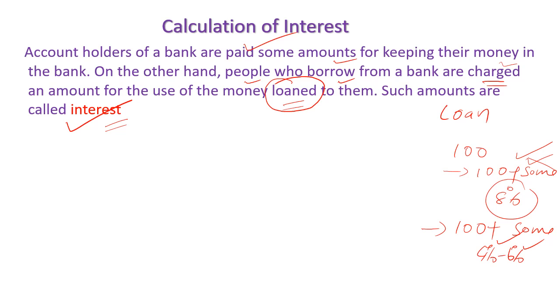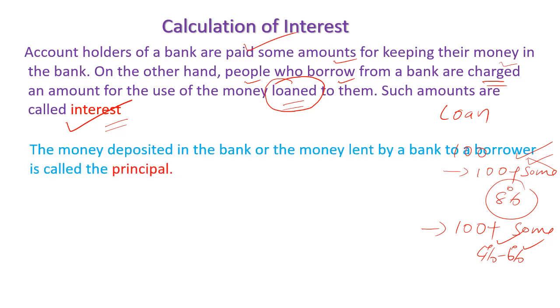We deposit money in the bank and the bank uses that money for various purposes. Most commonly it is used for giving loans to others who are in need of money, and the borrower will be charged for that, in terms of percentage. The percentage of money which the bank is collecting from the borrower is called interest. The percent of money which is given to us extra, a small amount, 4% to 6%, is also named as interest. Understood? This is the essence of the chapter.